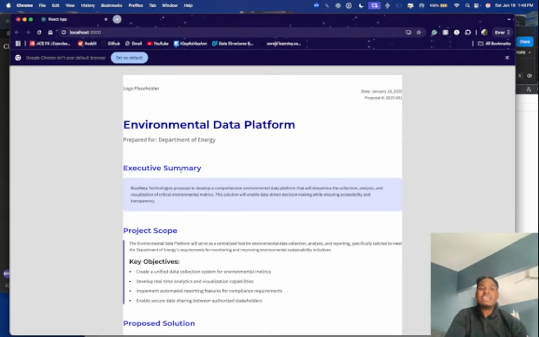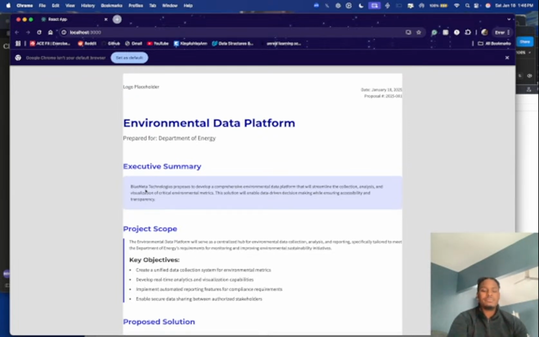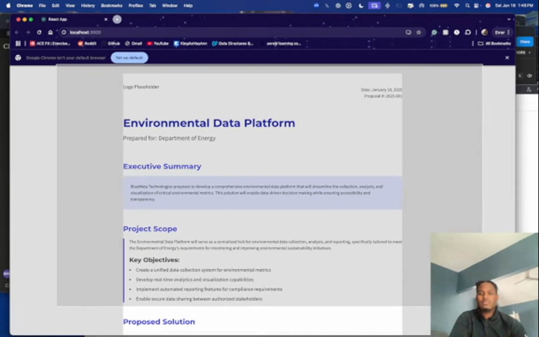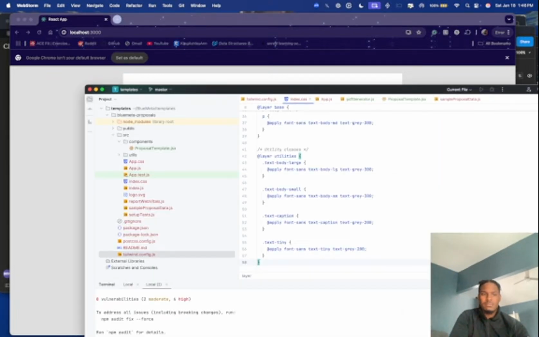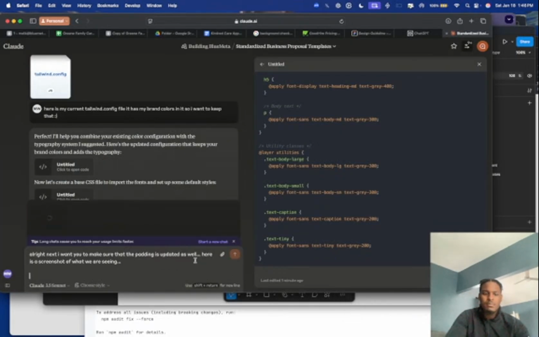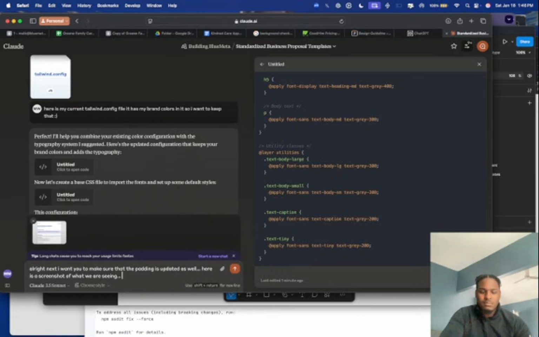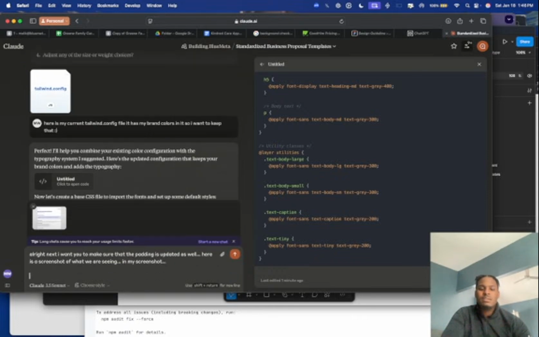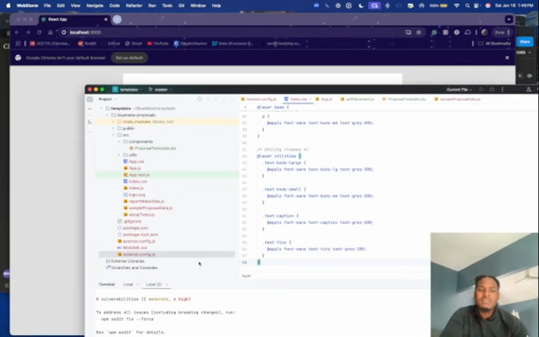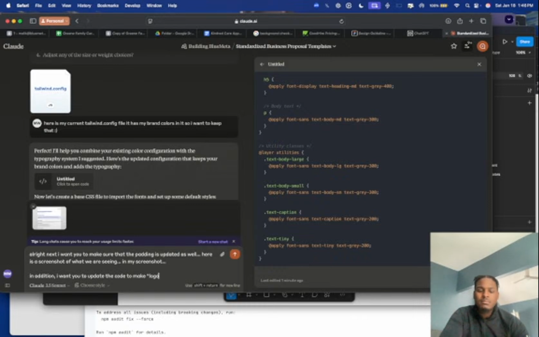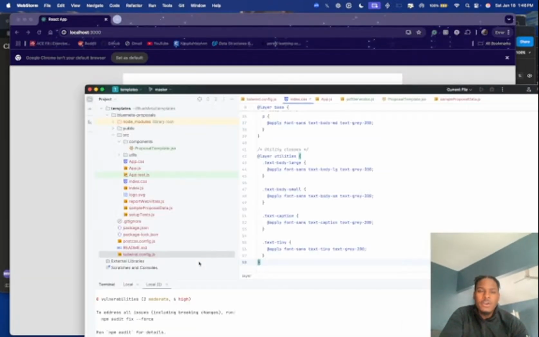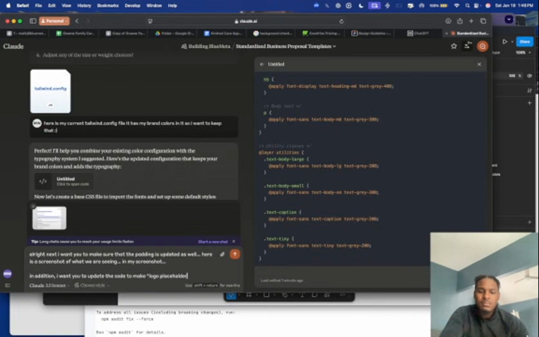All right, so Claude actually has limitations. So I'm actually going to do multi-prompt here. In my screenshot, in addition to make logo a file,